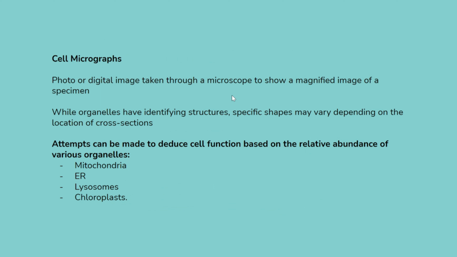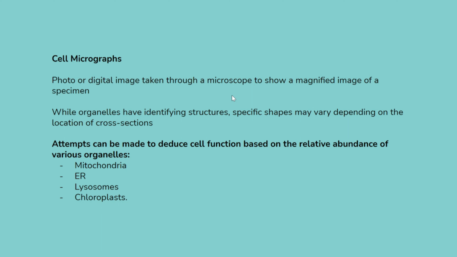So cell micrographs, as I mentioned, micrographs are basically what you obtain once you are using a microscope. So micrographs are basically photo or digital images taken through a microscope to show a magnified image of a specimen. So while organelles have identifying structures, specific shapes may vary depending on the location of the cross sections. So attempts can be made to deduce the cell function based on the relative abundance sometimes of various organelles such as mitochondria. So if you have more